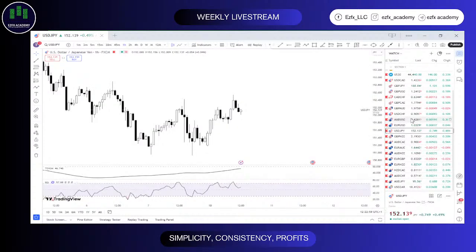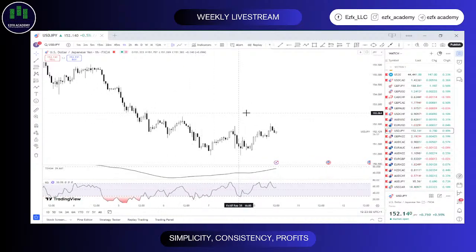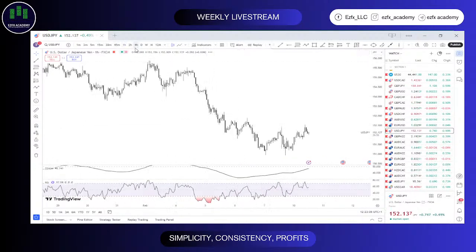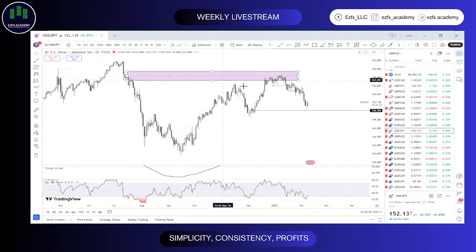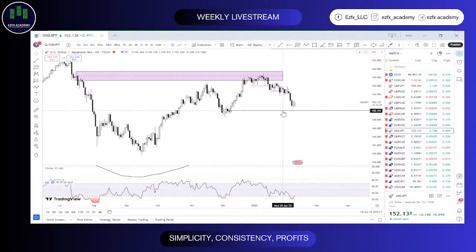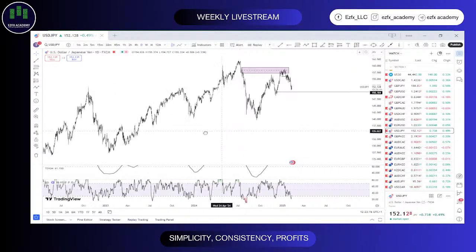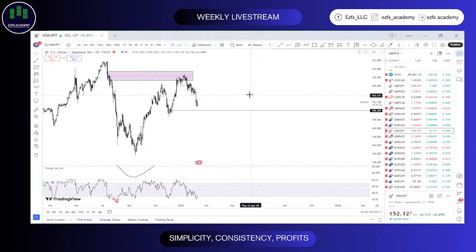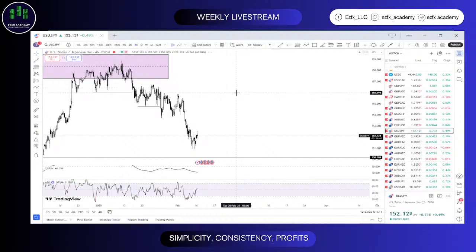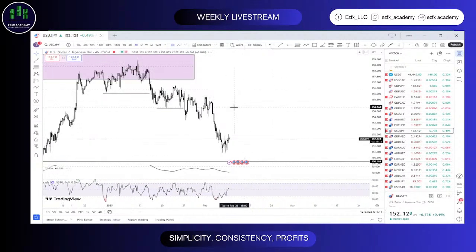So last but not least for today's session, USD JPY. Let's see USD JPY daily time frame. What is this guy telling us? It looks like we want to drop, but let me just confirm. Looks can be deceiving, especially when it comes to trading. Looks will most likely always be deceiving.